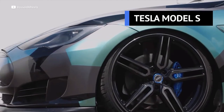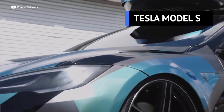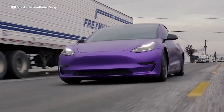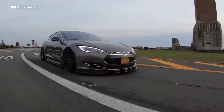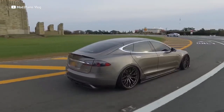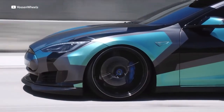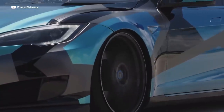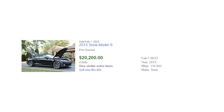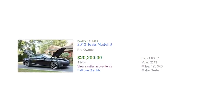Yeah, the Tesla Model S is the perfect electric car that you can now finally afford. Teslas are becoming some of the most popular vehicles in the US, specifically thanks to this little guy, the moderate Model 3. But the Model S is a whole different beast. The people that drive Model S's are business owners and CEOs, the type to have some serious dough. And you can now not only own the best electric vehicle money can buy, but also one of the best luxury sedans as well. I found this beautiful black Model S for only $20K with